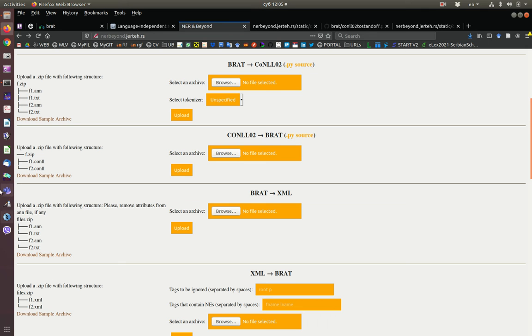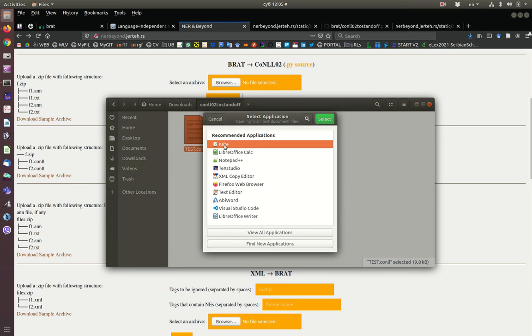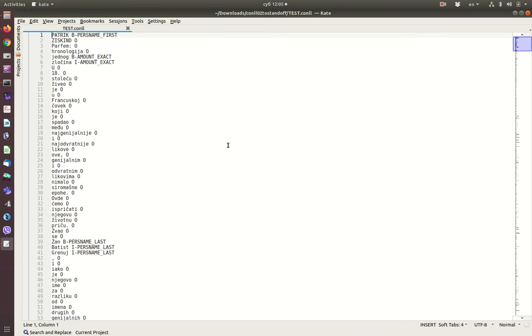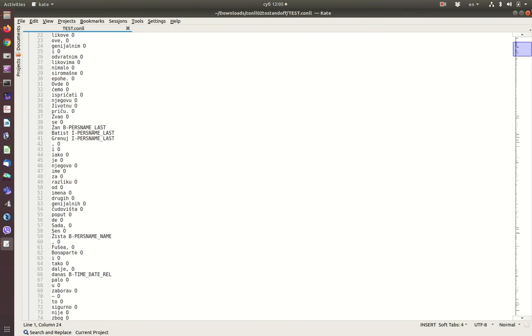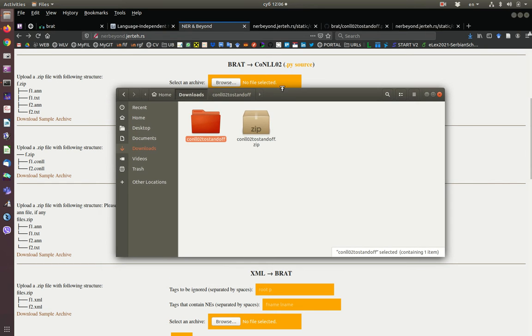So let me now download the sample archive and let me show you the content. It's the one CoNLL-2 file, but basically the content is as I showed you. So one line, one token, and also the corresponding entity. So in our case, as I showed you previously, we used the tab as a delimiter because it was convenient for some other applications